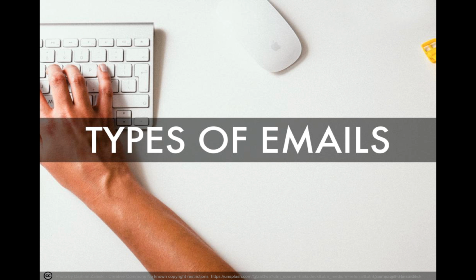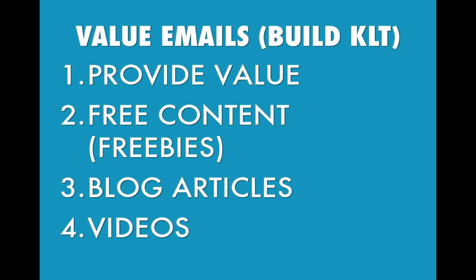There are two types of emails you can use. The first one is value emails, like I said about building know, like, and trust. With value emails, you're going to provide a tremendous amount of value to your potential customer. This can be through free content, so I put here freebies. These can be free downloadable PDFs which you can create in Canva. It might be 5 steps or 5 main mistakes your audience makes with whatever problem they may have. There's a free content creation guide in module 2, so have a go at that and make your own content.